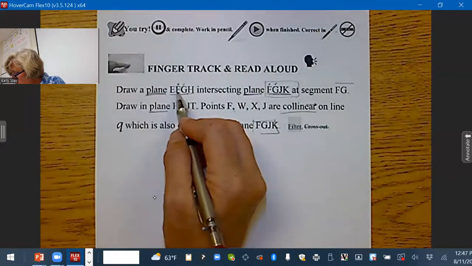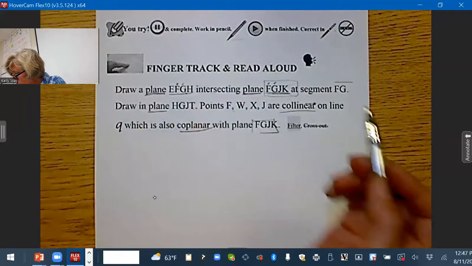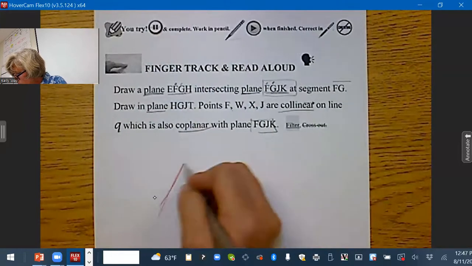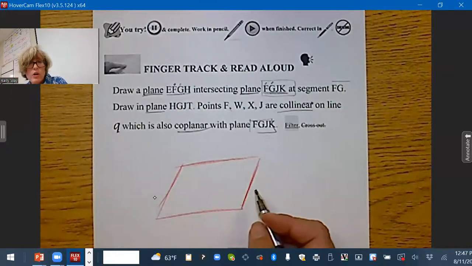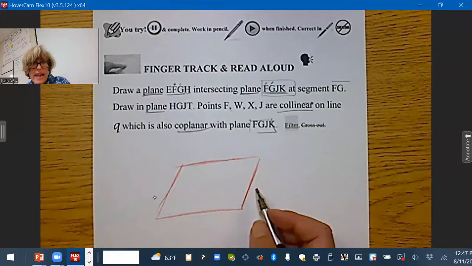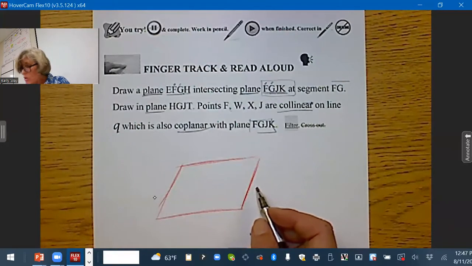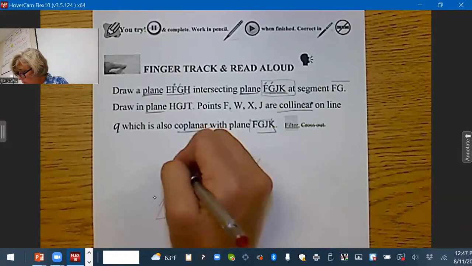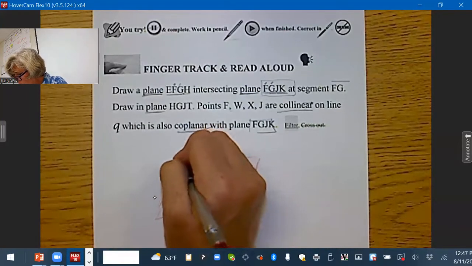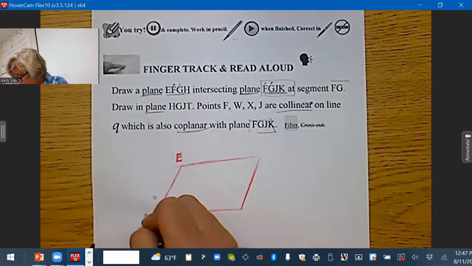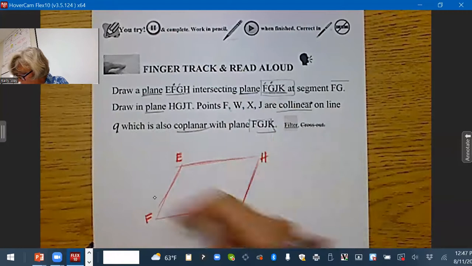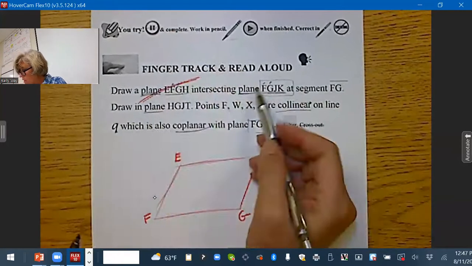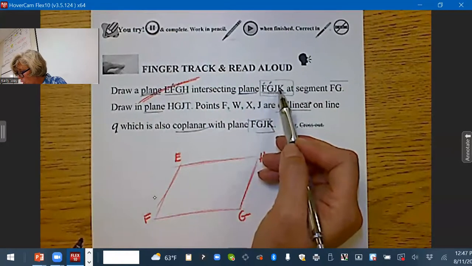So I have EFGH. Now, where you start your EFGH doesn't matter. What does matter is you go clockwise or counterclockwise. So I'm going to go like this. E, go counterclockwise, F, G, H. I went counterclockwise. Intersecting a plane F, G, J, K